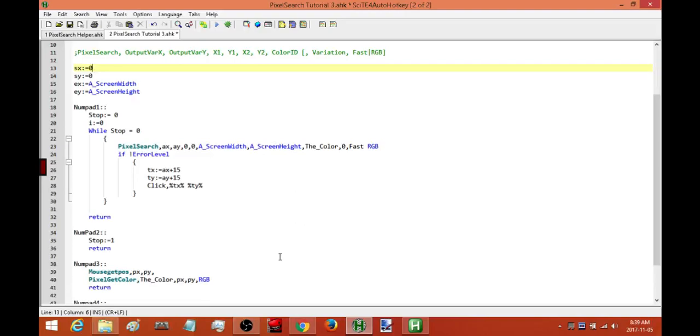Okay, so we have our beginning positions and our end positions. Now we just need to change our stuff in here. I'm not sure if I can just plug in variables right in here, or if I need to put them as an expression. Oh, you know what? Since I can see that I'm using a variable here, I can already tell that I don't need to wrap these in percent marks. So it's just sx